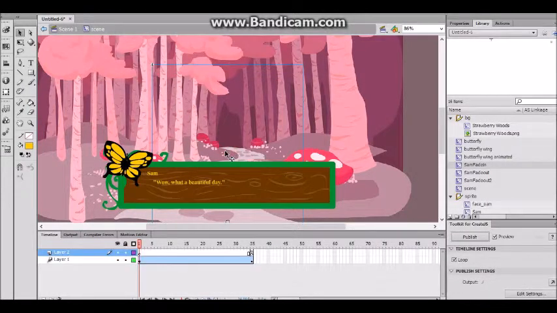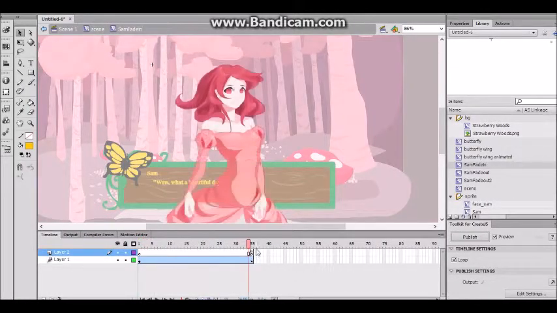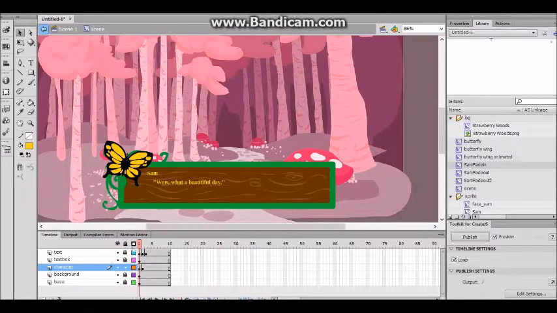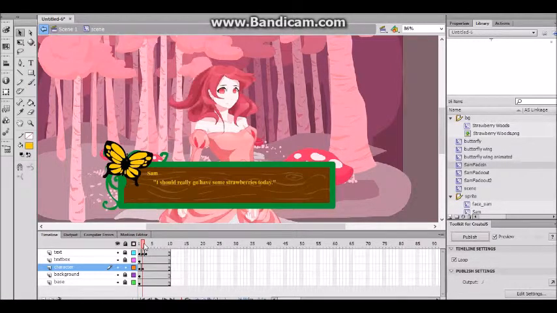And let's go inside and see her fade in. Yep, so that means on the first frame, she's going to fade in and stop. Let's go back to the scene. So she fades in here. Wow, what a beautiful day. And here she is still static. And next,